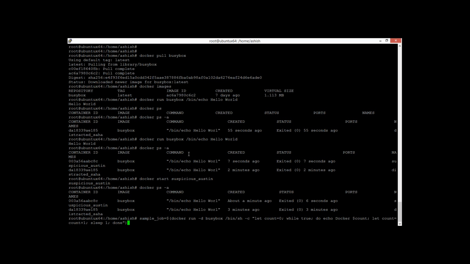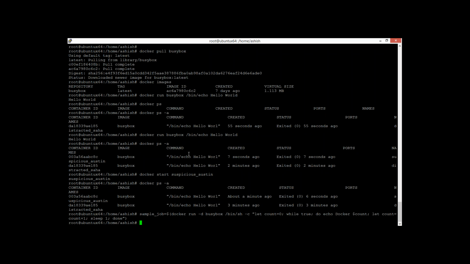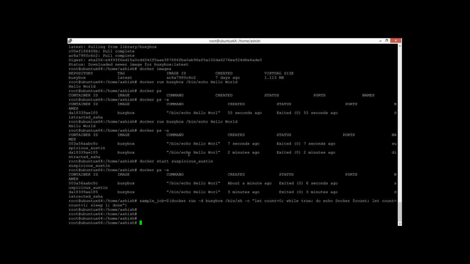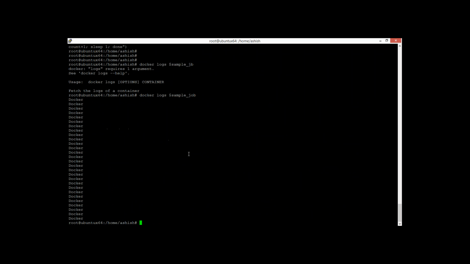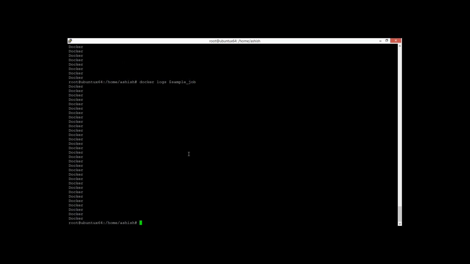Will that script work? Let's see. So docker run was executed, and whatever the pointer of that particular command is, it's stored in the variable called sample job. If I want to check the logs of docker, then I would be checking it like this: docker logs, the container name, which is stored in the sample job currently. So it says in sample job, sorry, it is sample job. So that's working,